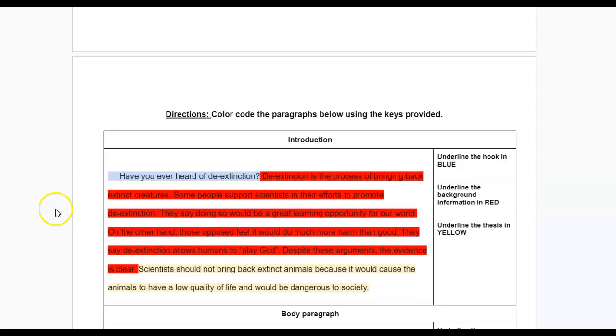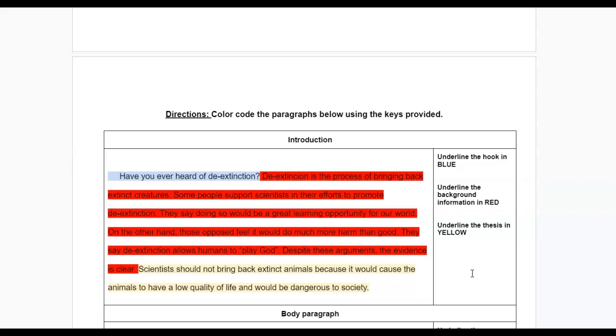Make sure you're underlining those sentences on your copy of the passage in red. The last part of my introduction paragraph is the thesis statement, and I want you all to remember that the thesis is the most important part of your entire essay. It's going to state your opinion on this topic. So in this case, we're talking about de-extinction and whether we think it's a good idea or not. And the key number to remember with thesis statements is 2. So I'm going to give 2 reasons why I feel that way.